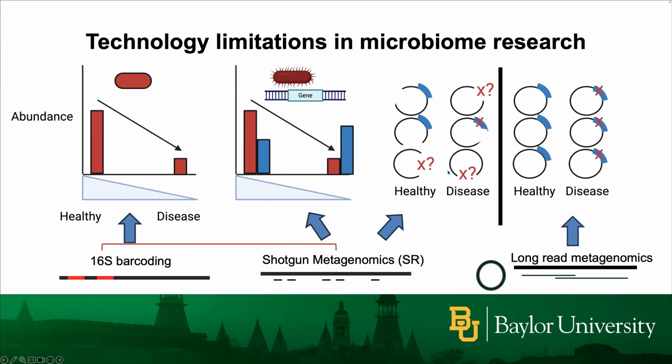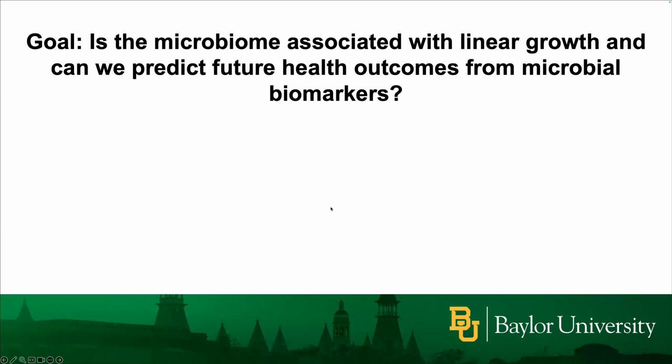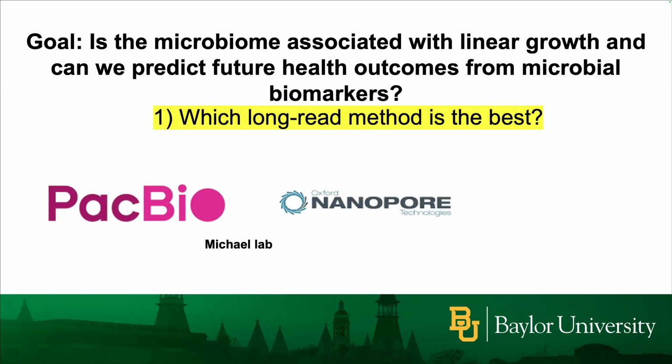So long reads provide this really unique opportunity where we may be able to get complete genomes, which then could allow us to do comparative genomics and pangenome analyses in the context, in this case, of childhood undernutrition. So we wanted to apply this to a data set, but first we really needed to understand which sort of methodologies would be the best in terms of generating high quality and high numbers of complete metagenome-assembled genomes, or CMAGs, which I'll refer to.